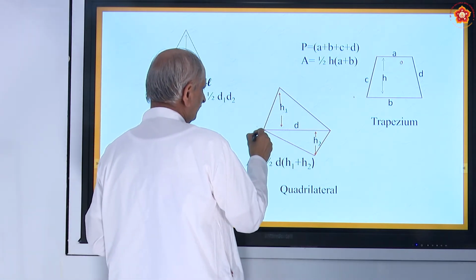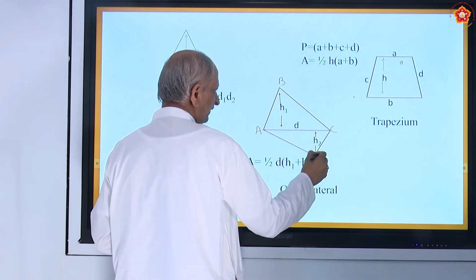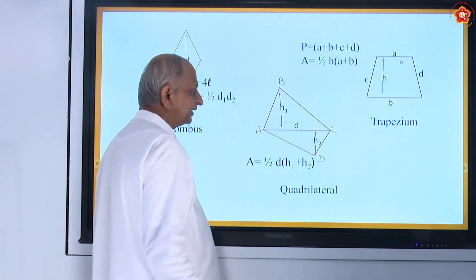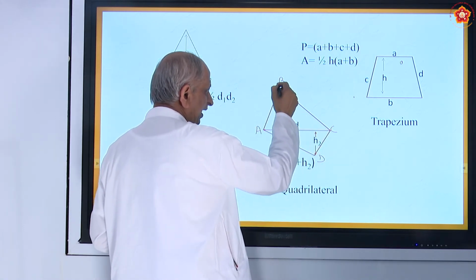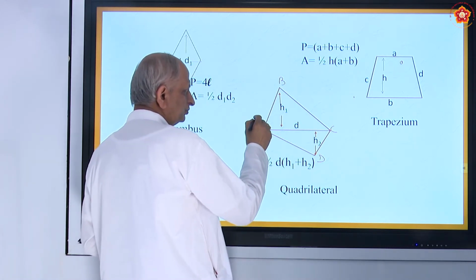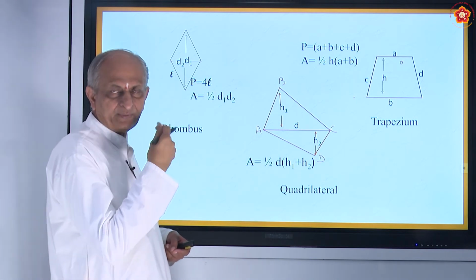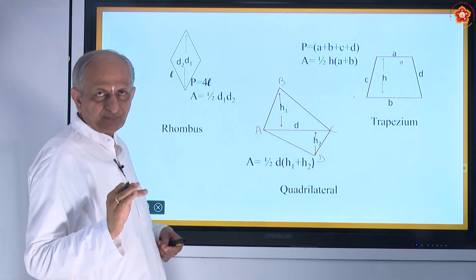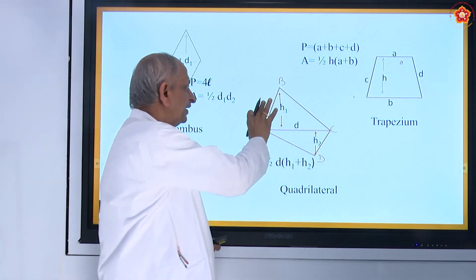general quadrilateral. If you have, they will have 4 vertices, namely A, B, C, D or P, Q, R, S, whatever you call, and you have 2 diagonals AC and BD, and all the sides need not be equal. So whatever you told so far is all about quadrilaterals only, but it is a general thing.